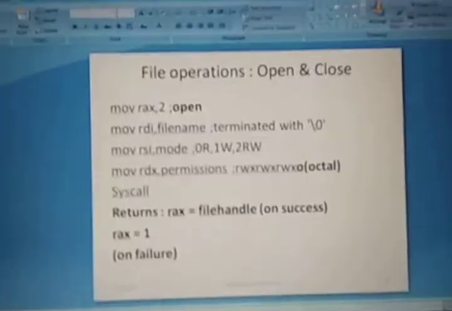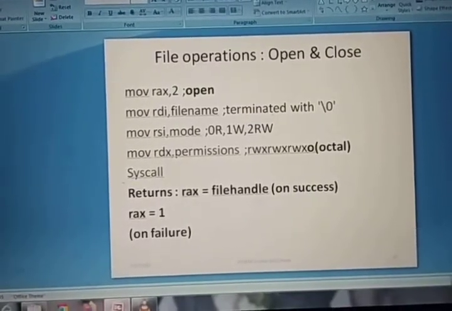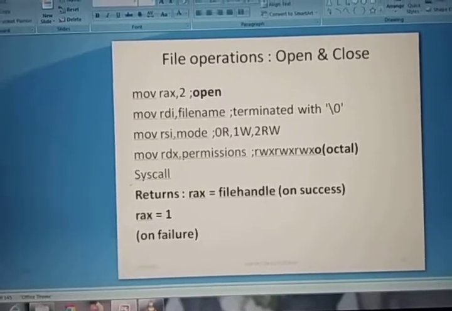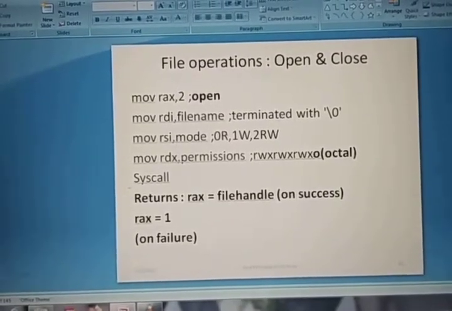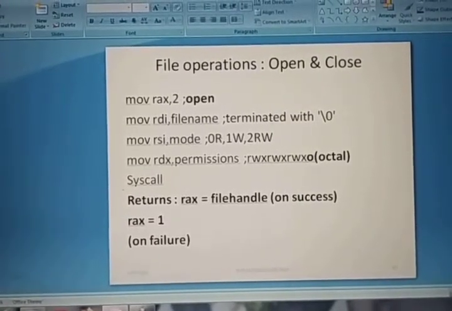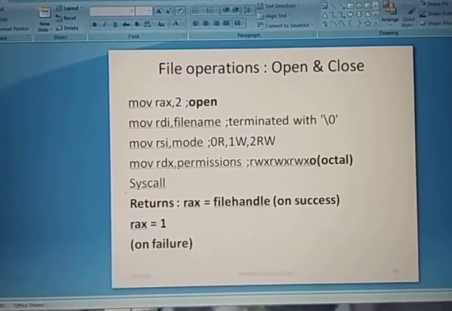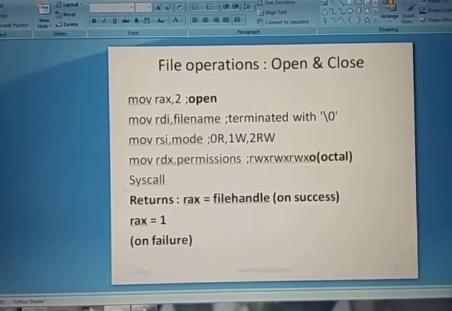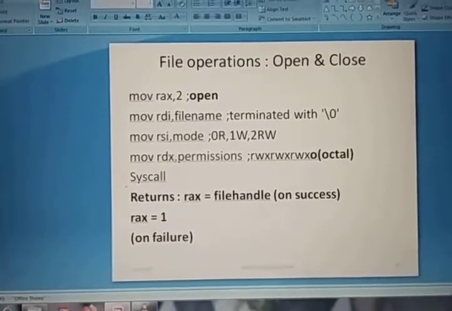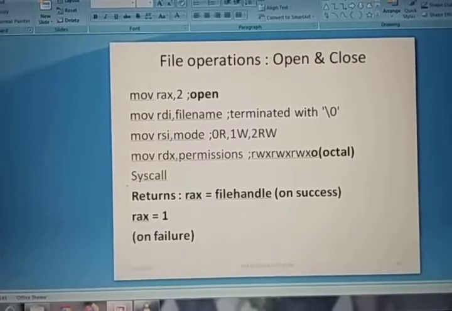So these are the macro file operations. This is the file handling program. That's why we are using different procedure calls for file opening, file closing and file exit, and for procedure opening, procedure closing and exit from the program. Here we will see the file opening, meaning file operation open and close. mov rax, 2 is the system call for opening the file. We are moving this 2 into the accumulator register. Then mov rdi, filename, which is terminated with 0, meaning with a null character.